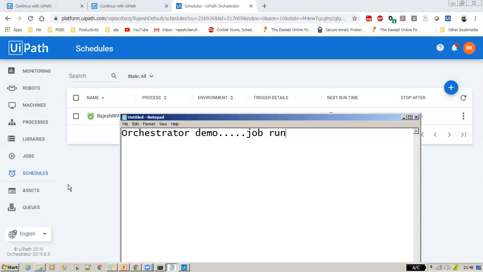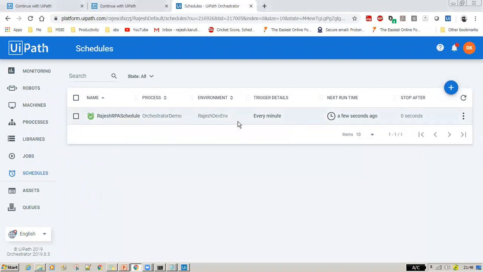Now watch. After 1 more minute, automatically the job is going to trigger one more time. So this is a never-ending thing, because every 1 minute it has been configured, so we need to disable it. Just wait for 1 more minute. See here the schedule.